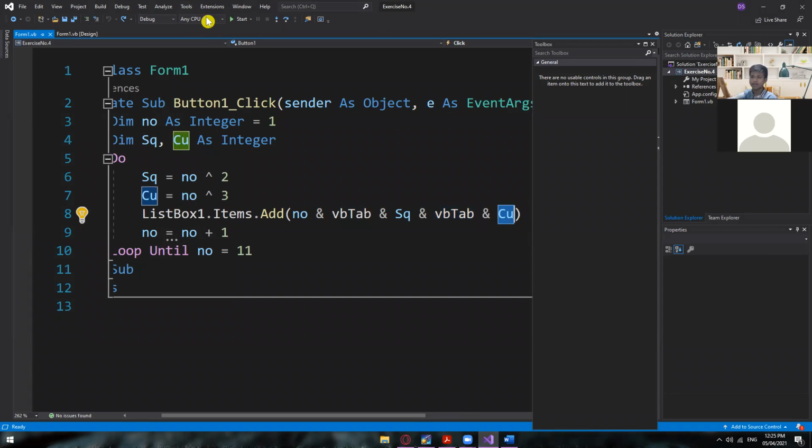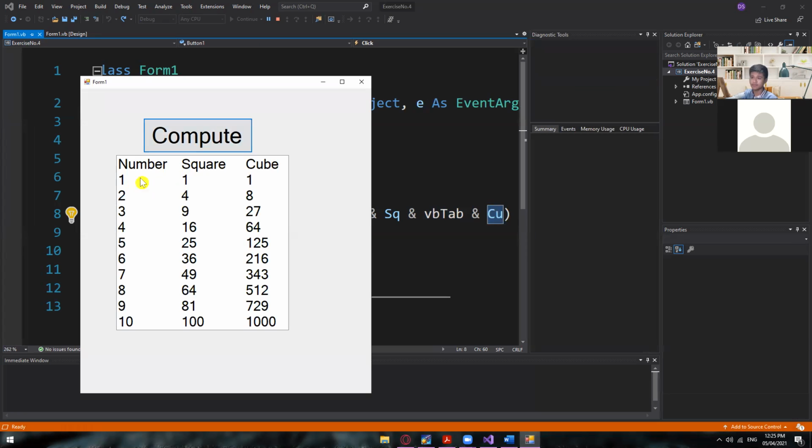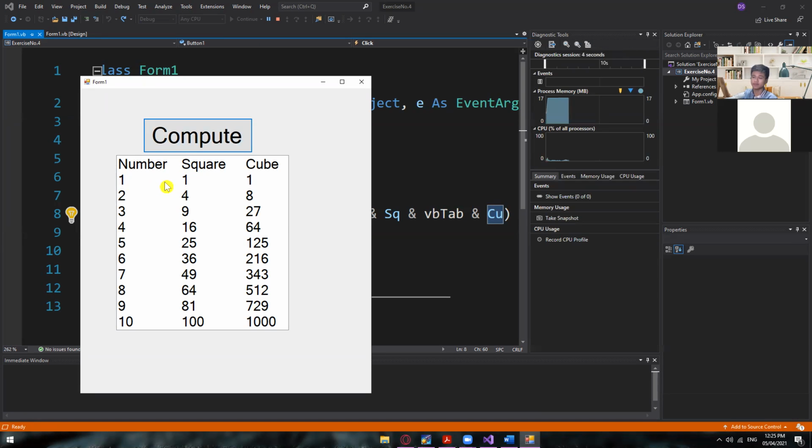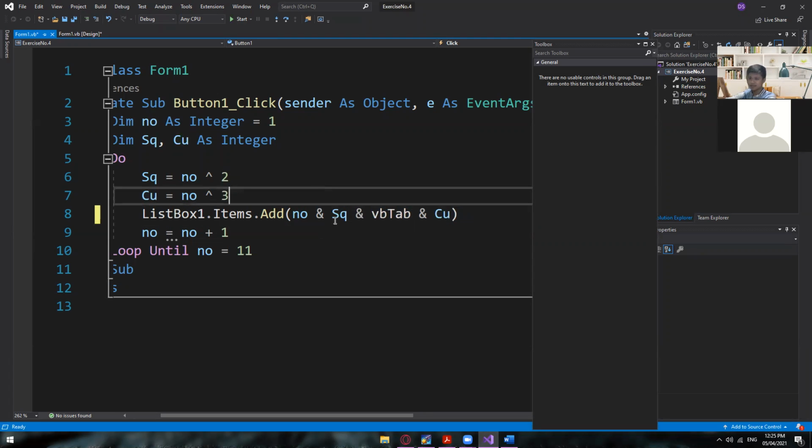Okay, so in that case, you will have 5 spaces between those two results. So before going to square, it will leave 5 spaces. The same with the square to cube, it will leave 5 spaces. Because if you're not going to put a tab in there, let's say number and square,